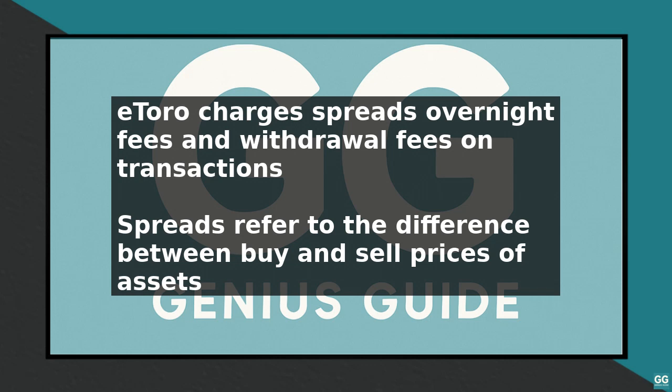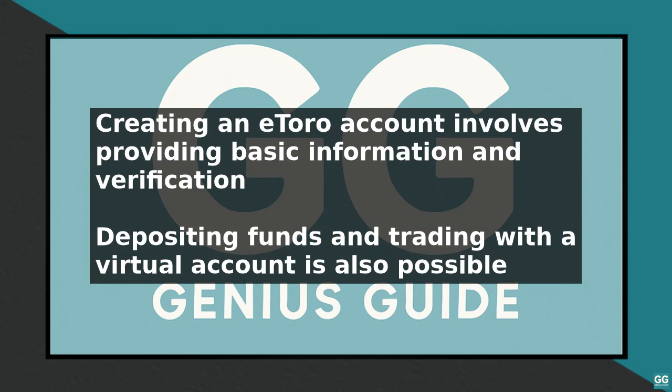When trading on eToro, it is vital to consider the spreads and overnight fees associated with each instrument. For example, if you are trading EUR/USD, the spread may be 3 pips, which means that you will need to pay 3 pips above the market price when buying and 3 pips below the market price when selling. Overnight fees can also eat into your profits, so it is essential to factor them in when making your trading